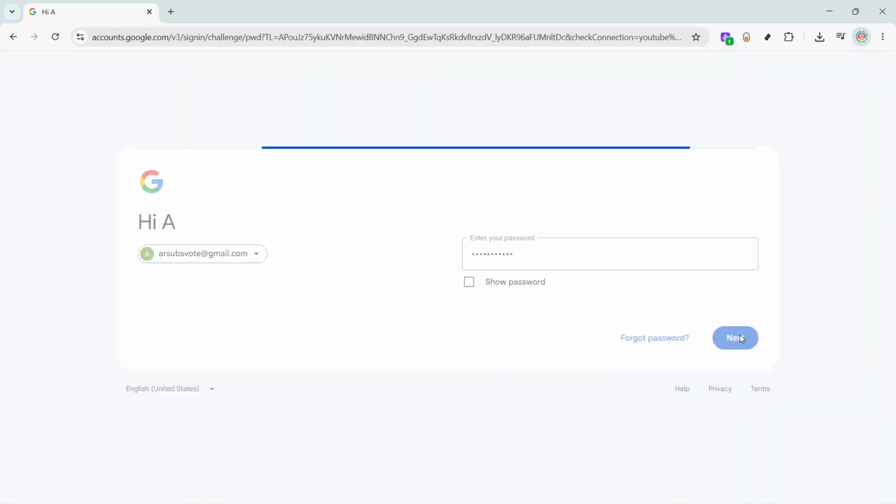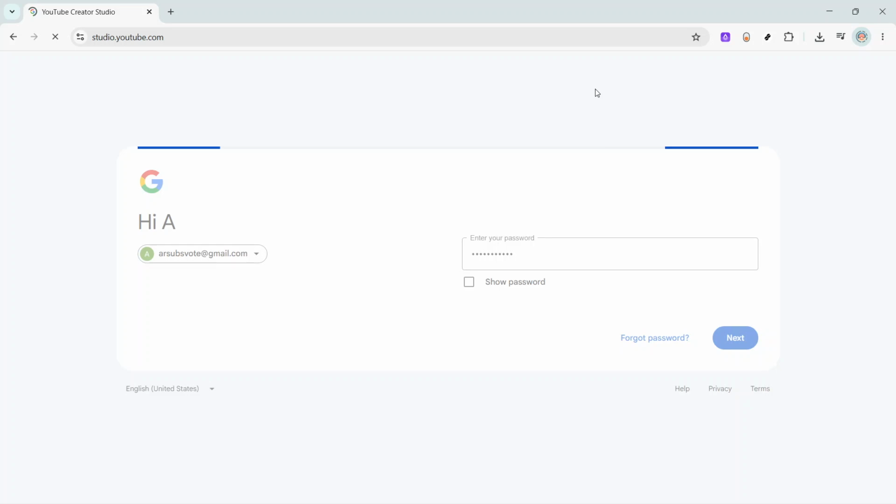After a brief moment, your browser will load the YouTube Studio dashboard. This is your creator control center where you can manage your videos, check your analytics, read comments, and customize your channel. If you see the dashboard with your channel details, that means you've successfully logged into your YouTube Studio account